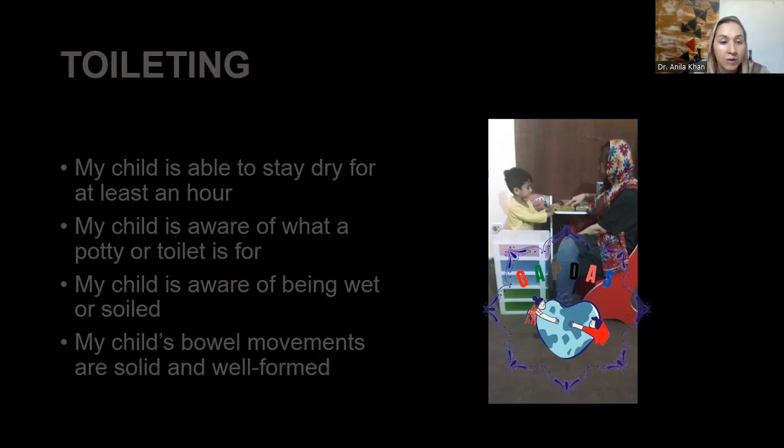My child is aware of what the potty or toilet is for. It means that they know the function of the washroom. What is the function of the washroom? What do they have to do in the washroom? They have to wash themselves. They have to go for the